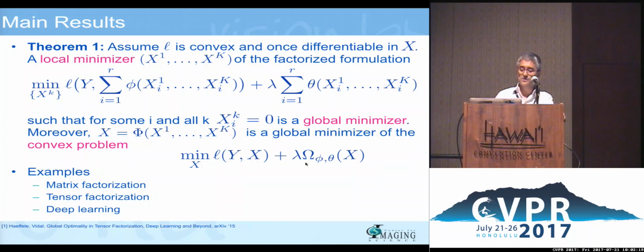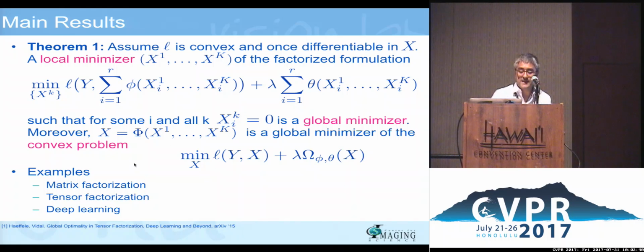And as it turns out, that regularizer is convex. So if the loss is convex on the output, then you've got a convex problem to work with. And these two are not equivalent, but they're strongly related. And as I said earlier, the convex problem is a global lower bound for the non-convex. And particular cases are matrix factorization.